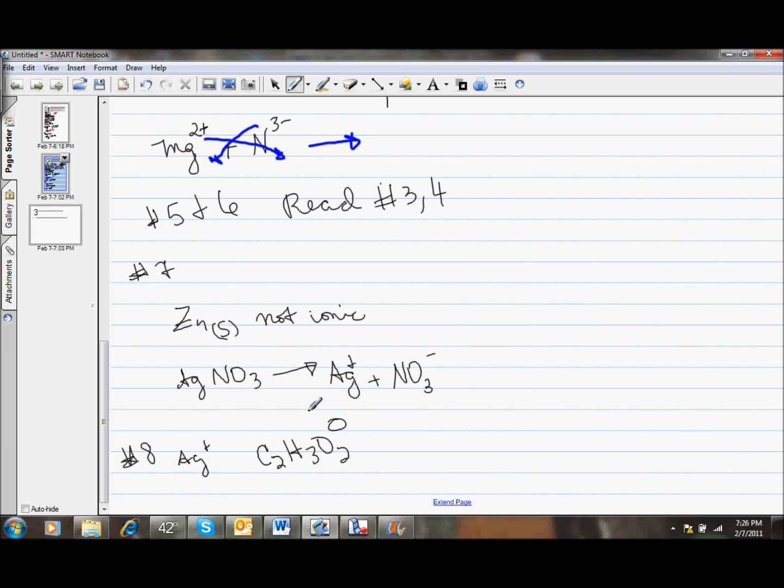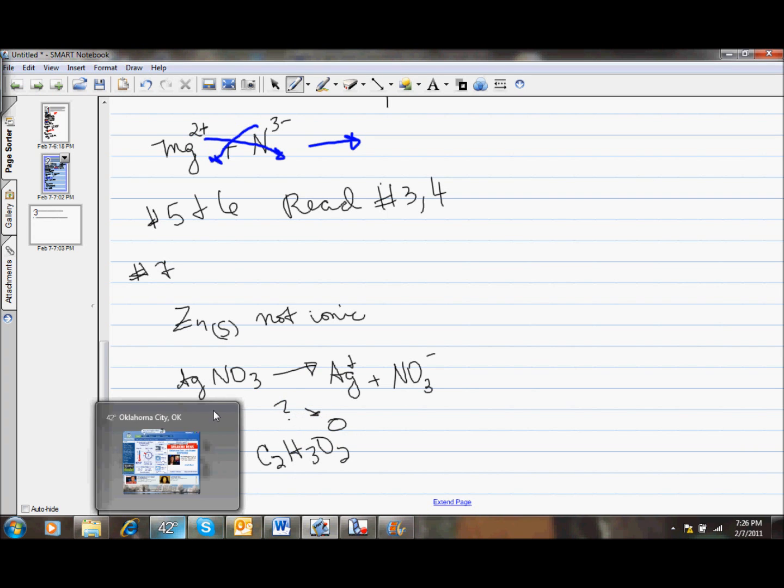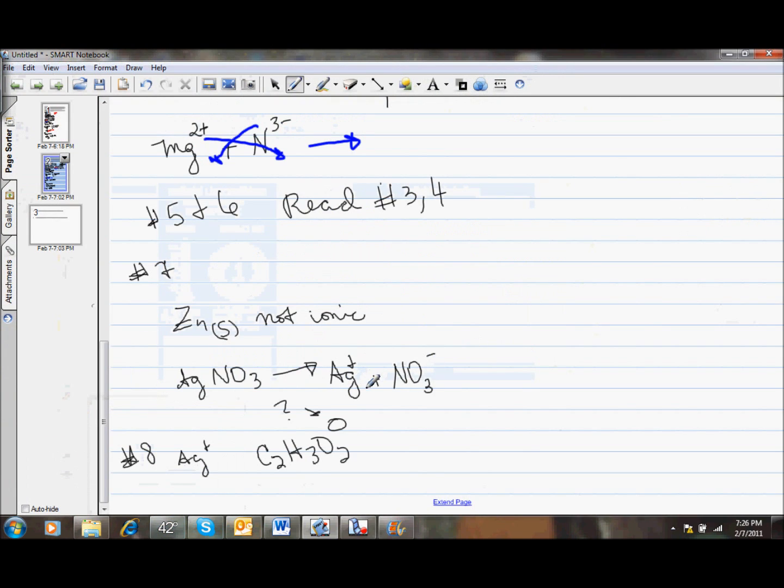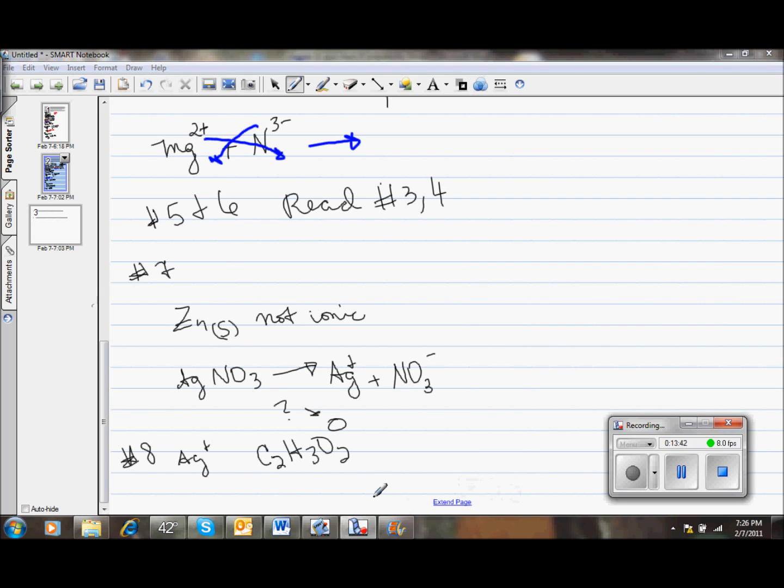So please go ahead and look at your polyatomic anion and cation sheet to help you with that. Again, like I said, don't make things more difficult. This is a polyatomic. Yes, it's more than 2, but that's fine also. Okay. So hopefully this helps you. Again, like I said, hopefully you can rewind and